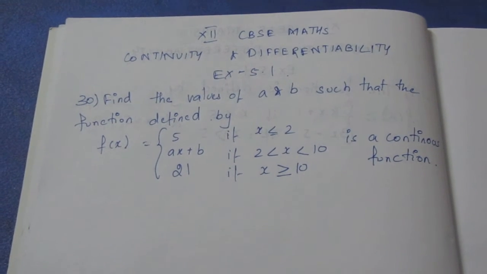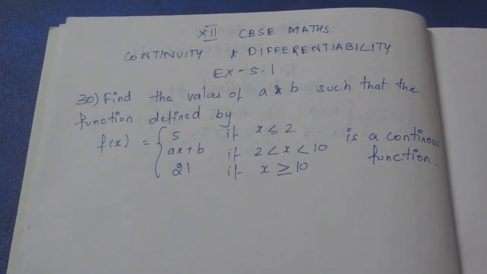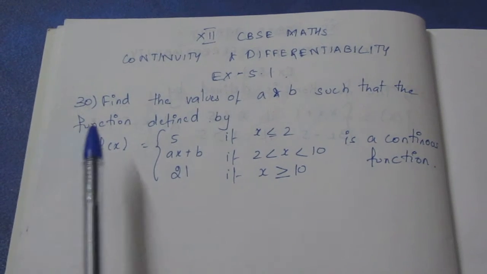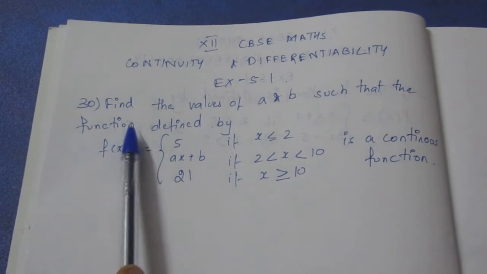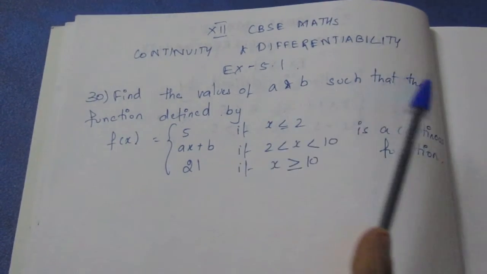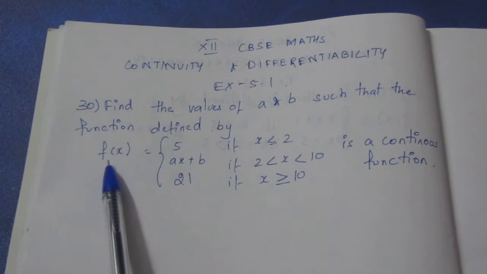Today we are going to see 12 CBSE Maths Continuity and Differentiability. Exercise 5.1 question number 30. Let's see the question. Find the values of a and b such that the function defined by f of x